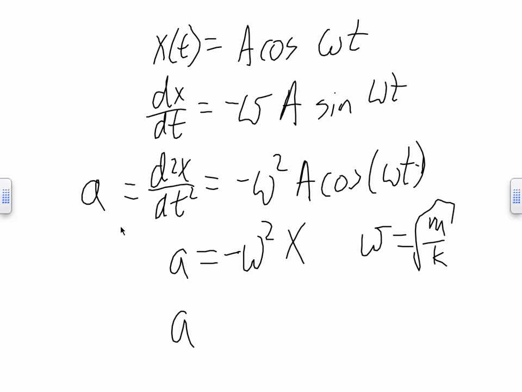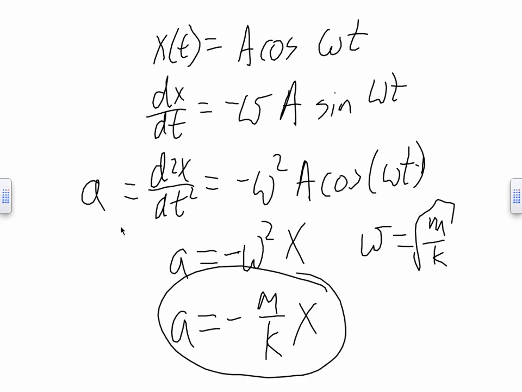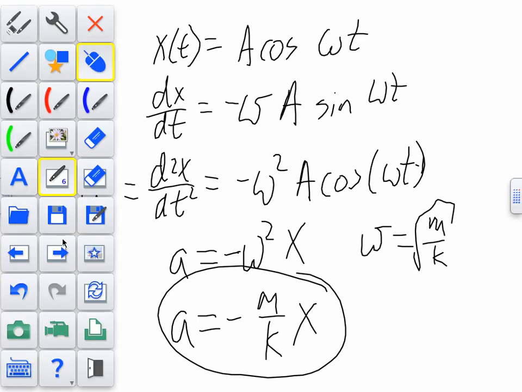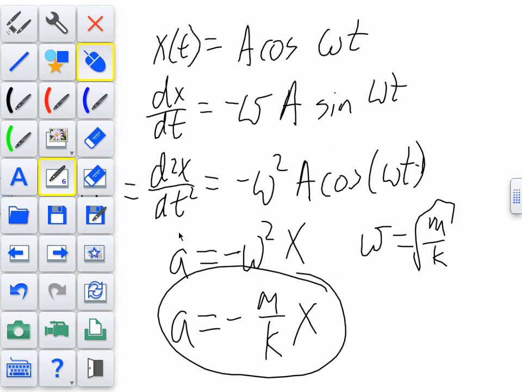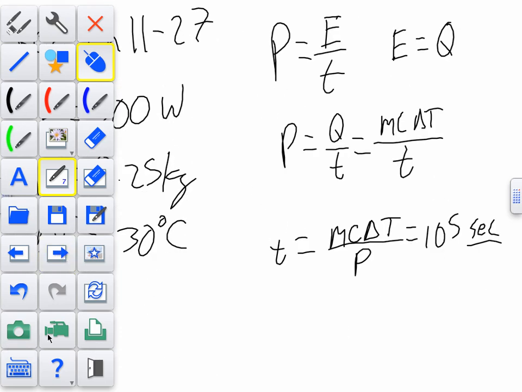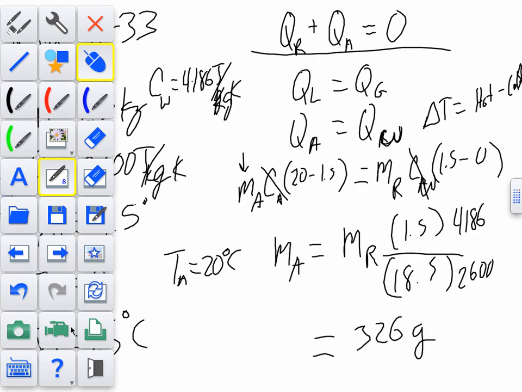Yeah, it's possible. And what I'm saying here is that this is k over m times x. So this looks just like our previous one. That's how we got there. So it's negative g over L times s, negative k over m times x. And from that, we know that it operates the same way. So the final result is that you get,